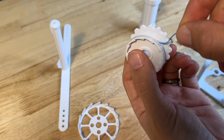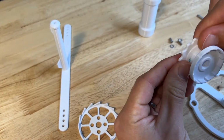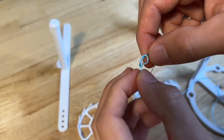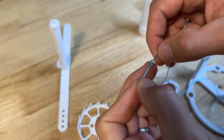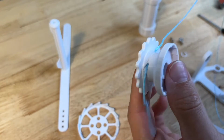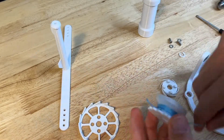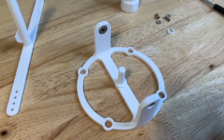Then grab your spool, slide a piece of string from right to left through the hole in the spool, and tie a big knot on the end of the string so that when you pull it back through the spool, it doesn't come out. Wrap the extra string around the spool just so it's out of the way,